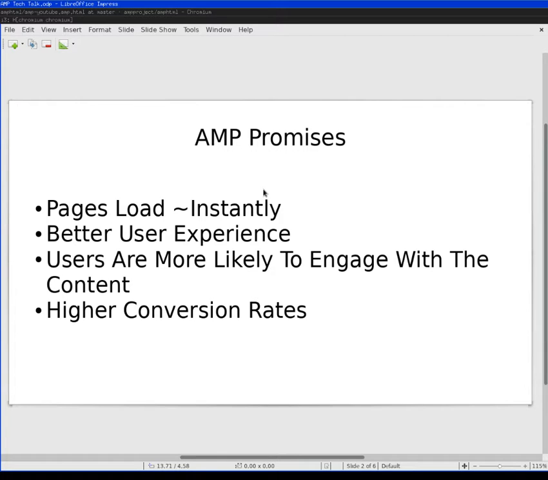This project promises to make page loading basically instant, to improve user experience so that users are more likely to engage with the content. And this implies higher conversion rates